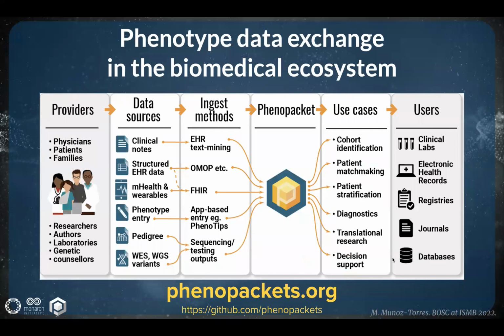Phenopackets will benefit research biologists, physicians, and patients alike. They can support diverse users and use cases in the context of the biomedical ecosystem. There are multiple providers of phenotypic data, including patients and clinicians via a variety of mechanisms, including mobile health gadgets and the electronic health record. And the Phenopacket schema acts as a common model that can capture data from all these different sources with a unified software representation, and in turn can be used by multiple receivers of the phenotypic information, including journals, databases, registries,